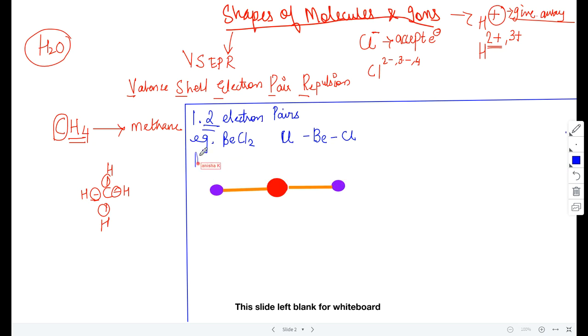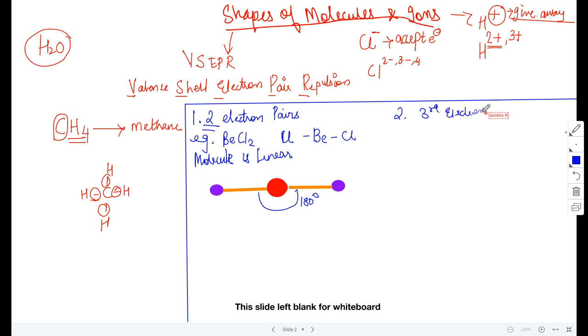Okay, so we'll write that the molecule is linear and the degree of angle. What can you say about the angle between these 2 electrons over here? Would it be 180 degrees? Very good. So this angle which they form will be 180 degrees. Okay, you understood this part? Okay. Second one, we'll see a